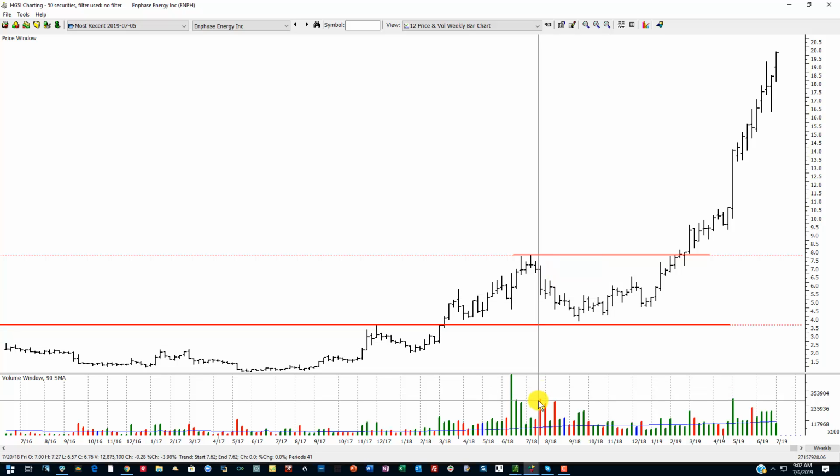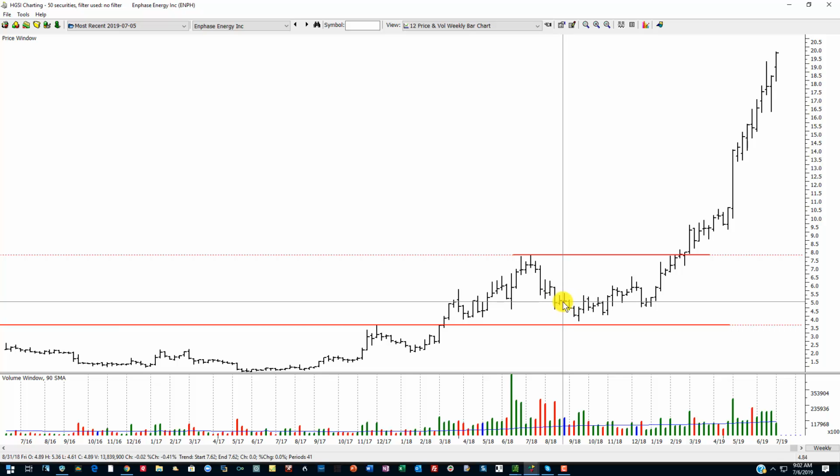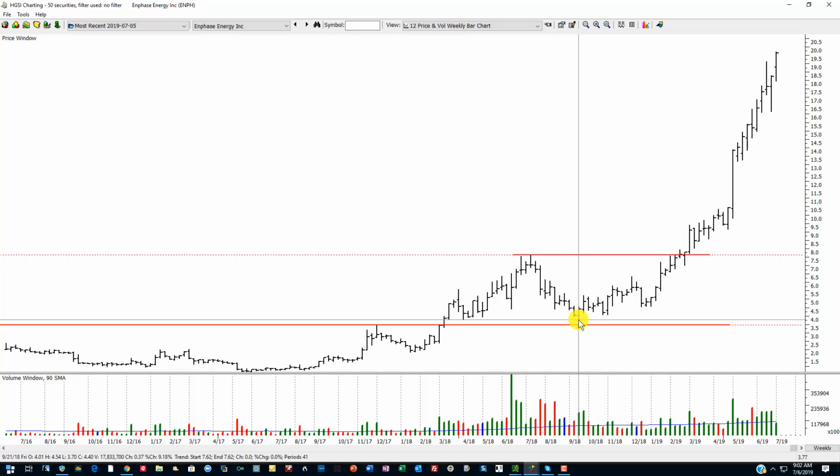Volume was picking up as traders were bailing out. This was a strong bar, open here, close here, but on a very weak volume day. And then it just drifted down here. Neutral bar, weak bar, weak bar, weak bar, and then a strong bar on heavier volume. At this point, you could see that